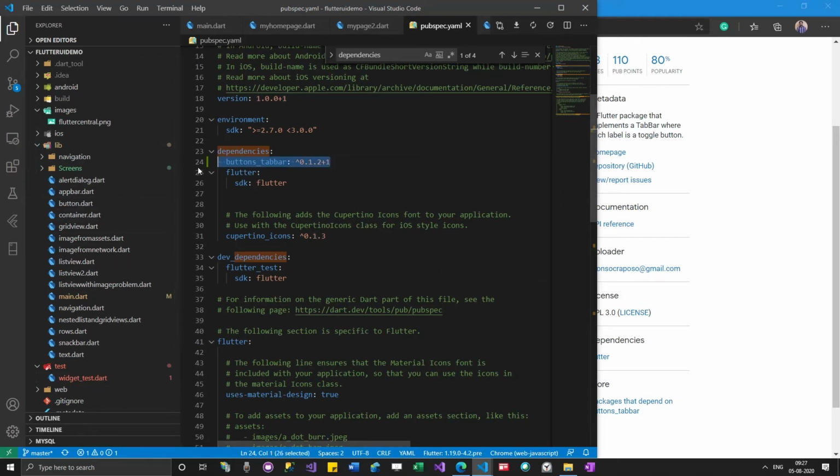Whatever program somebody has made available comes with this name and these versions. It will be 0.1, 0.2, 0.3, something like that. Versions will keep increasing as they keep adding code. At this point it is 0.1.2, plus 1. Don't get confused by this version number; it doesn't have any particular meaning. They can name whatever they want, but in general, compared to the previous version, the next version should have an incremented number.